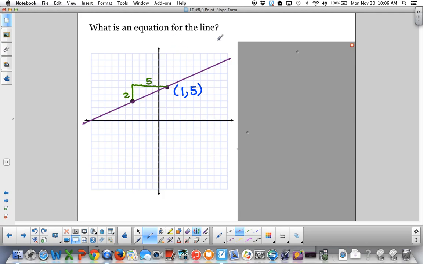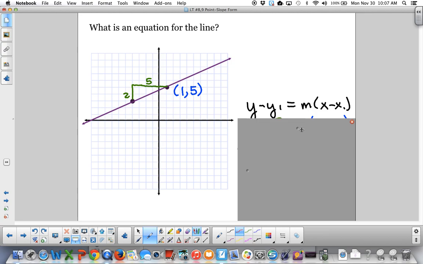What is an equation for this line? Well, if you notice, the one thing about this line that you might not like is that you can't see what the y-intercept is. You could guess, but guessing is not a good method. It does look like about a half, but we're not certain that it is. So another method is to get 2 points on the graph and find your slope, and your slope is up 2 to the right 5, and take one of the points, like (1, 5),